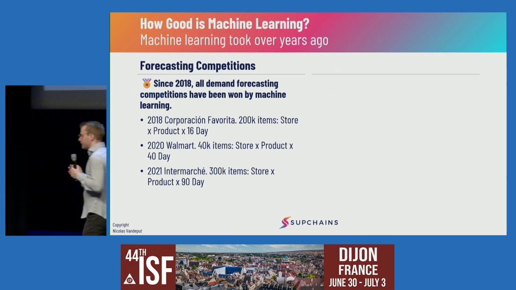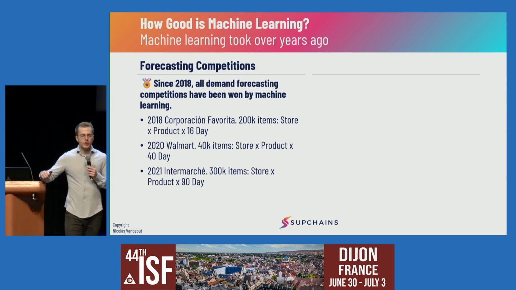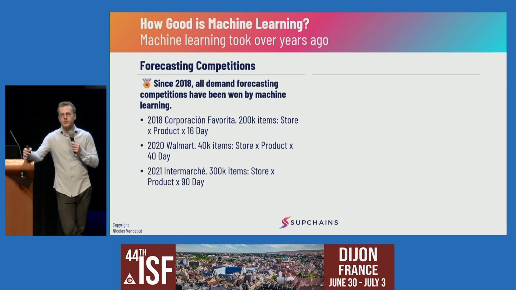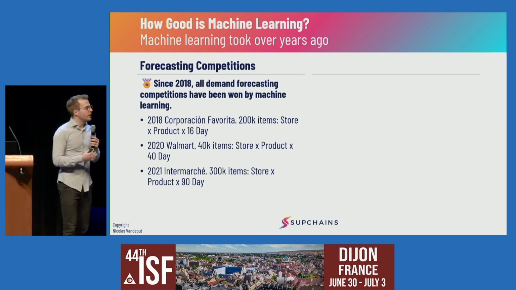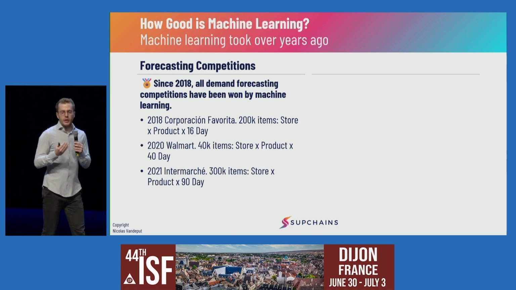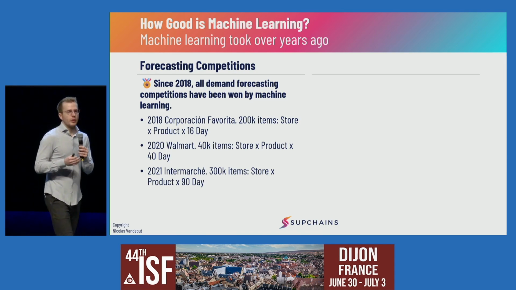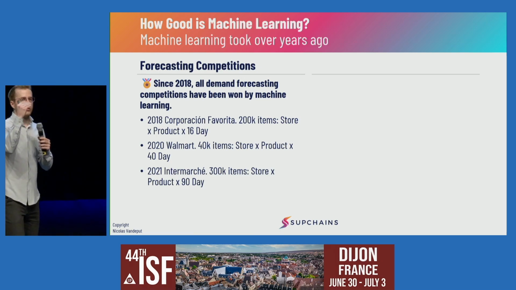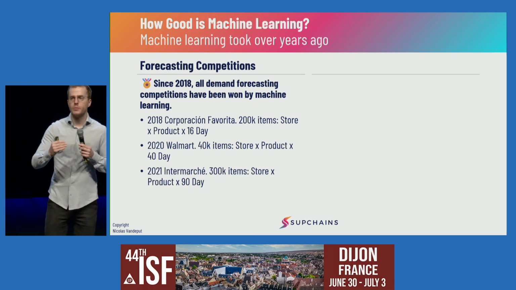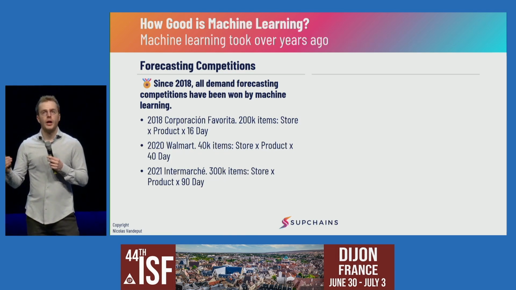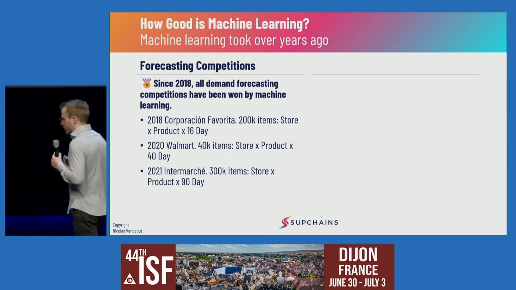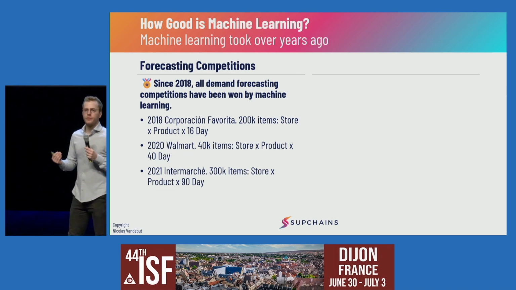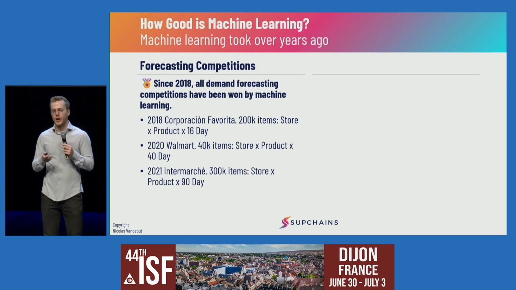Over the last years, the forecasting community ran some competitions online. Anyone could participate, including professionals, students, academics, anyone. We had 3 competitions, all of them regarding retailers. All these competitions have been won by machine learning models, all of them. It's not just the top 1 participant that used machine learning, it's maybe the top 20 or top 30 participants. It means that if you have a new competition like this and you bring a statistical engine, it's like bringing a knife to a gunfight, you stand no chance.